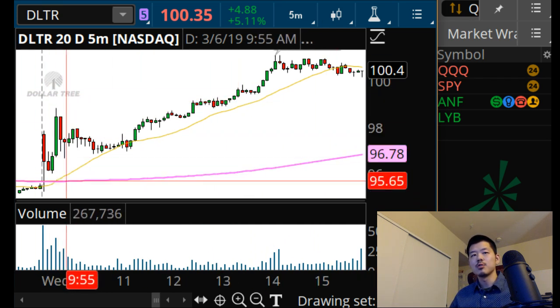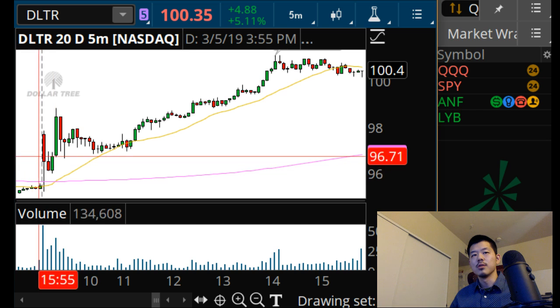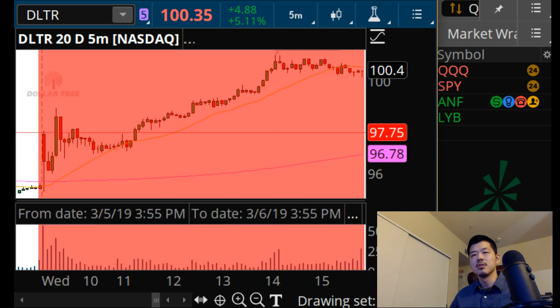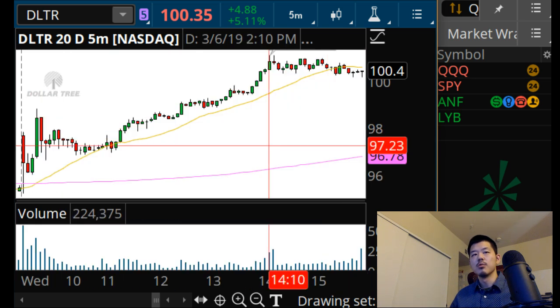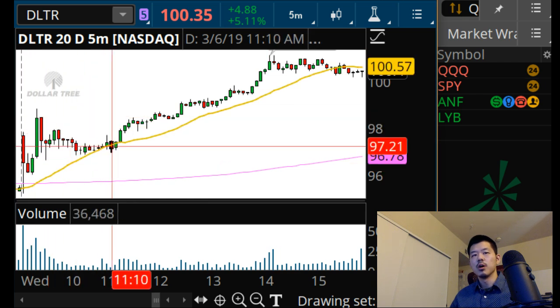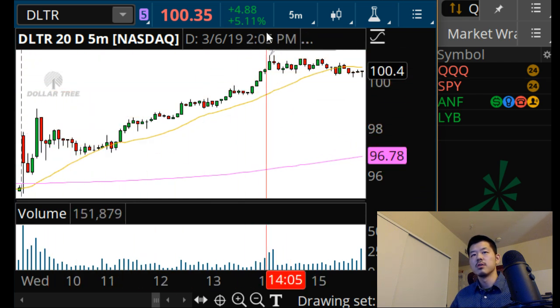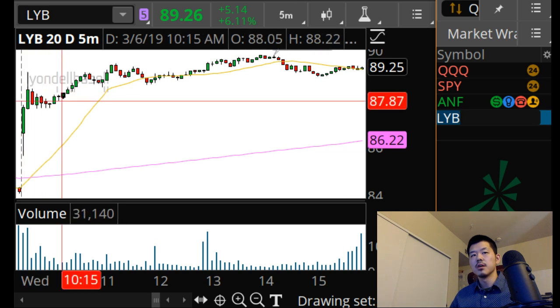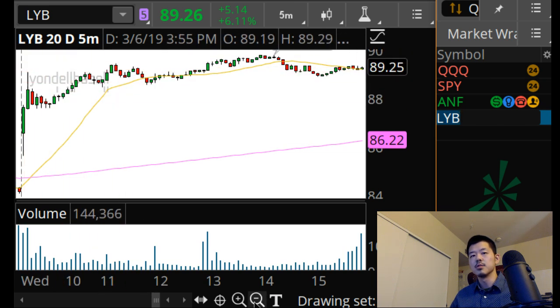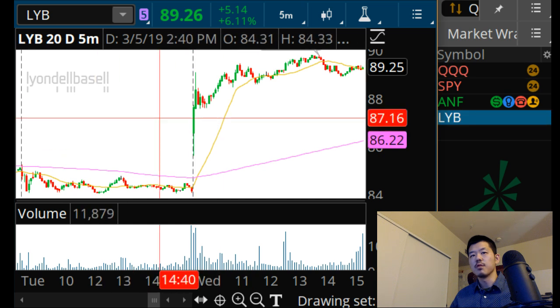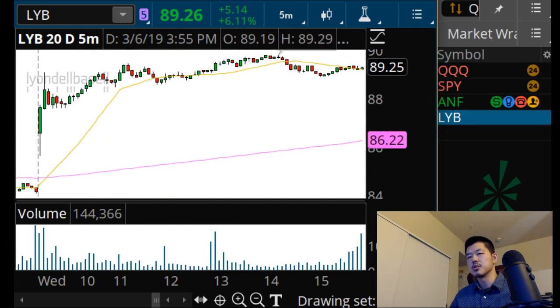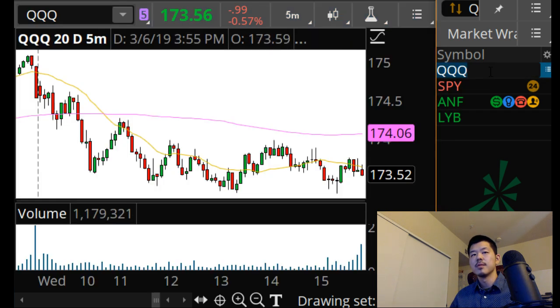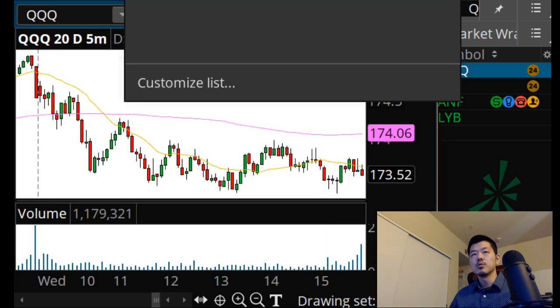But overall, I thought it was pretty sloppy in the morning. So it wouldn't have been an easy play on the DLTR, even if you got it early. It would have been a matter of being able to hold through all this sloppiness before you really saw a nice profit. So I thought the ANF and the LYB were pretty painless, pretty good. I know some people took both of them, so it's always good to see, but that's what I was focused on this morning. And then in the afternoon, I didn't have anything to do really. I didn't see anything set up all that well. And so we'll see what we get tomorrow.